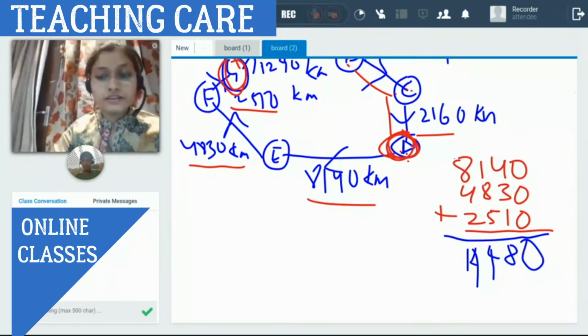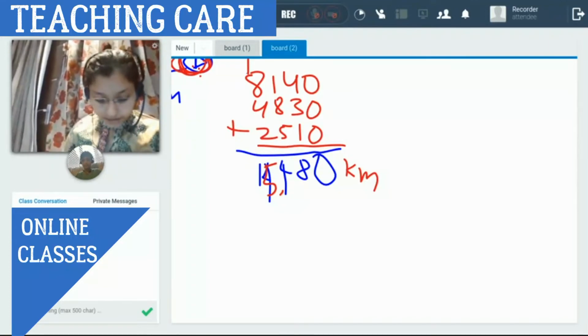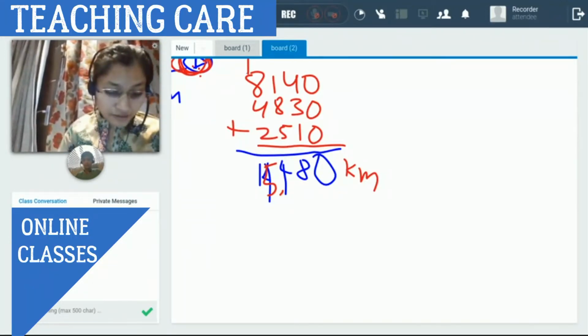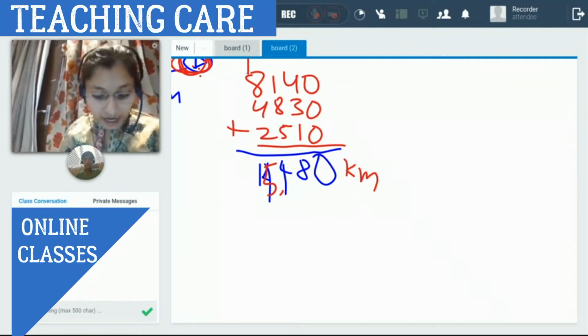It should be 15480. 8 plus 1 is 9, 9 plus 5 is 14, 4 and 1 carry over, 8 plus 4 is 12, 14, 15. 15480 kilometers. Okay, next is find the total distance covered by the bus if it starts from A and